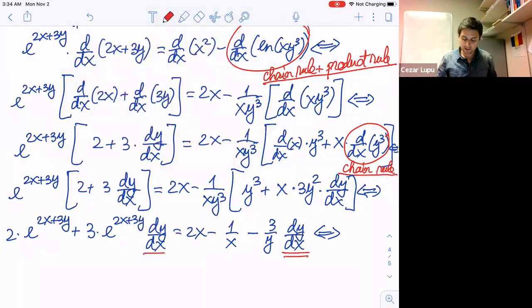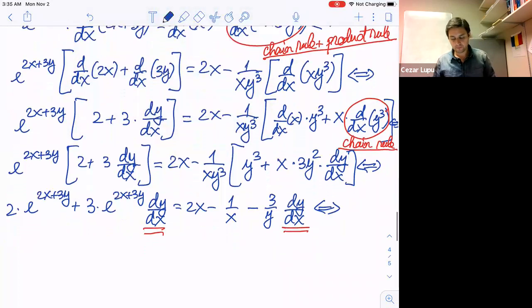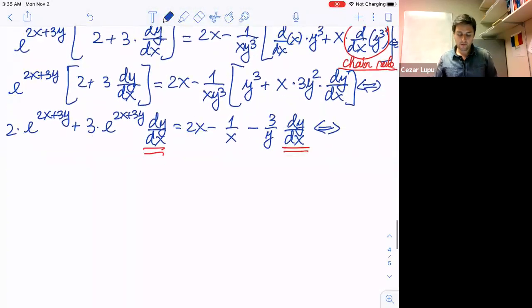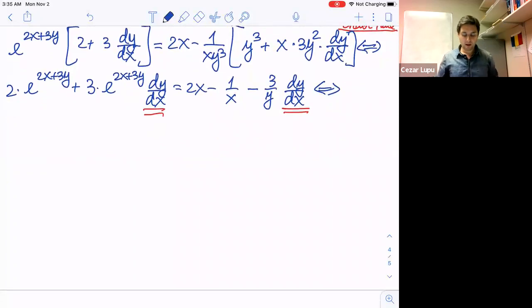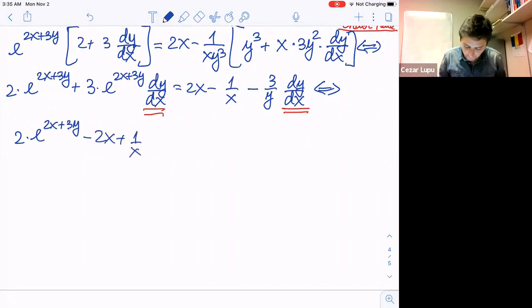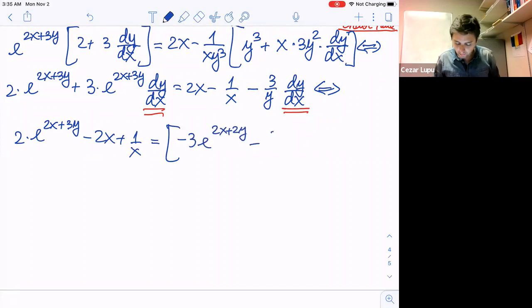For example, you see here dy/dx. So we should isolate these guys. So this would be equivalent to, so let's be careful. So let's take these terms on the left-hand side. So I'll have 2 times e to the 2x plus 3y minus 2x plus 1 over x equals negative 3e to the 2x plus 3y minus 3 over y times dy over dx,